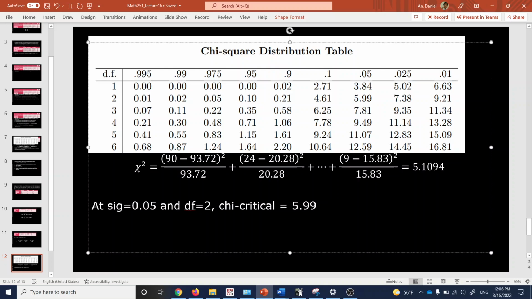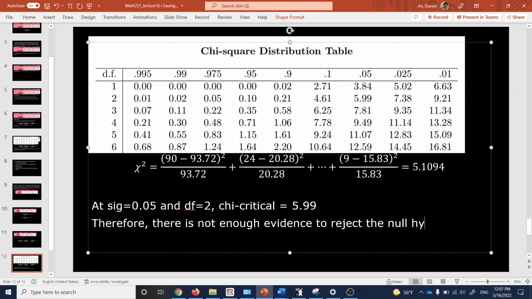There is not enough evidence, because our test statistic, the chi-square value, is less than the critical value. So the difference is not that huge. That's what we're saying. Therefore, there is not enough evidence to reject the